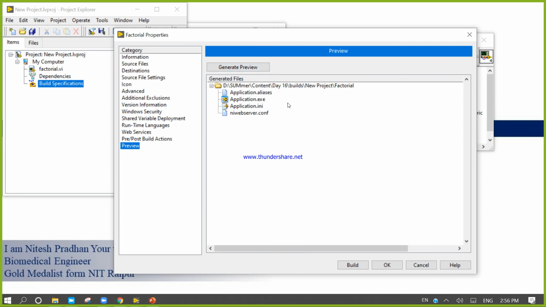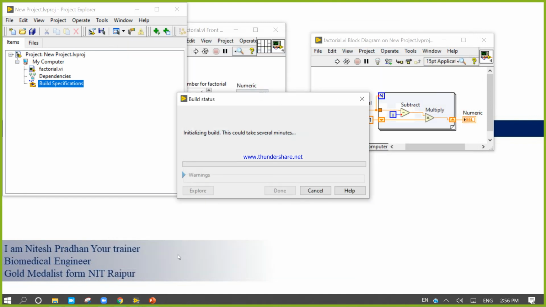In this day 16 folder, in my build, a new file will be generated automatically. In the build folder, the new product file will generate, and the factorial file, and my exe will look like this, application.exe. So now start build. When you start build, the build status will appear.